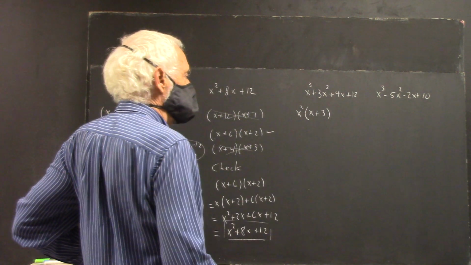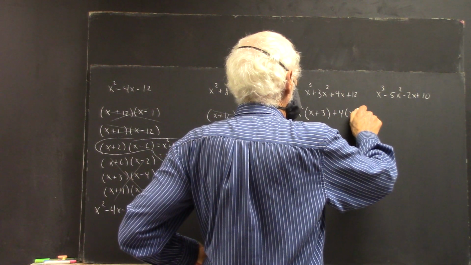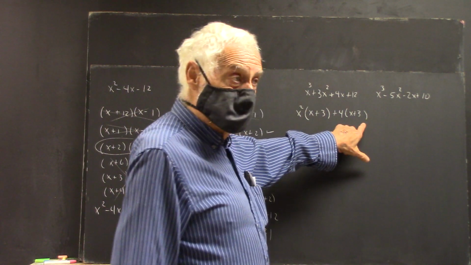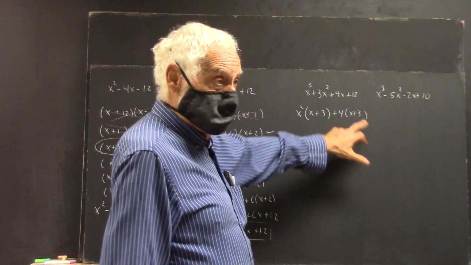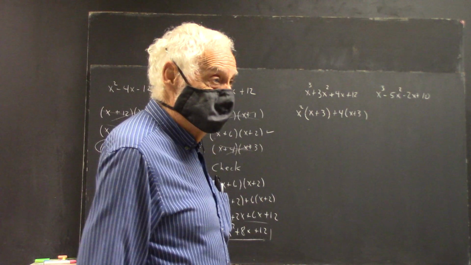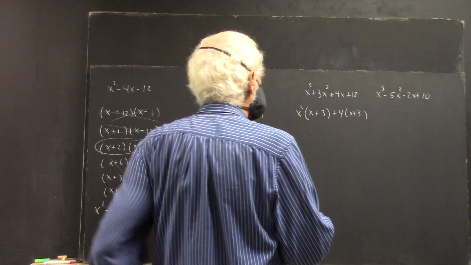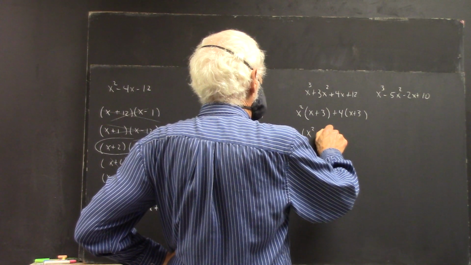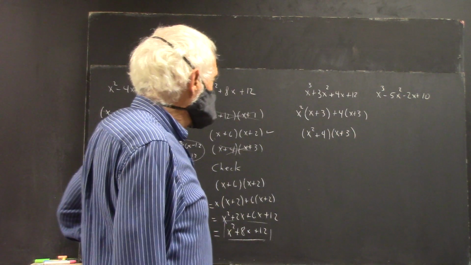That factors this. And then we can do 4 times x plus 3. Both ways we get an x plus 3. So these match. Now if these don't match, then it didn't work. There might be another way to factor, okay? So anyhow, we have this. And then by the distributive law, that's just working the distributive law backwards, that's x plus 4 times x plus 3, because, of course,